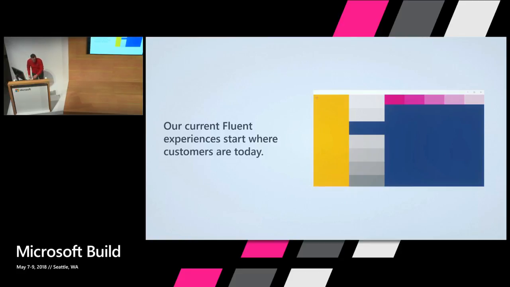I want to talk about a traditional 2D app. My team made this generic intentionally. Say it could be a mail app, a photos app, or an app in which to read news. But here we have different elements, controls, and patterns you would build with Fluent, represented in yellow for navigation.